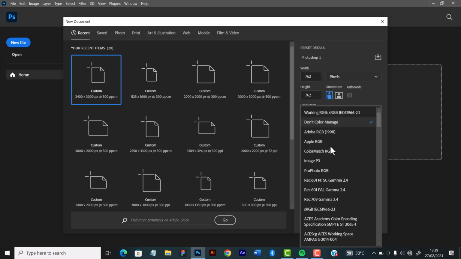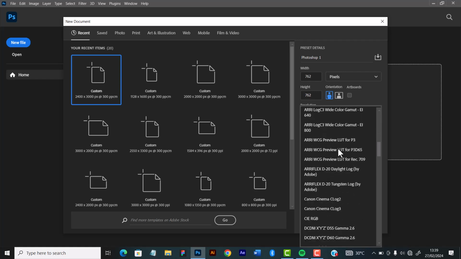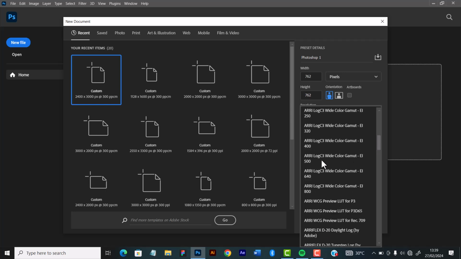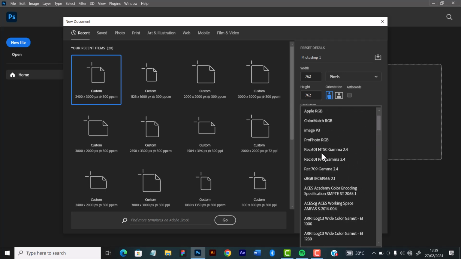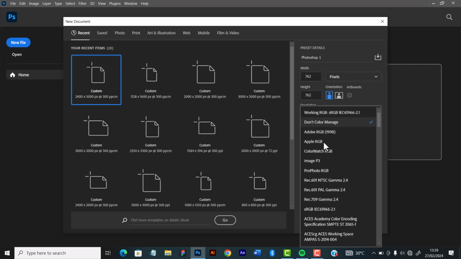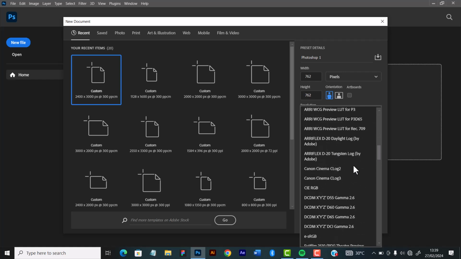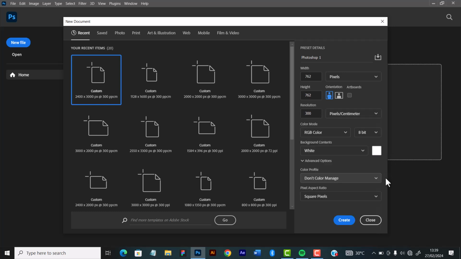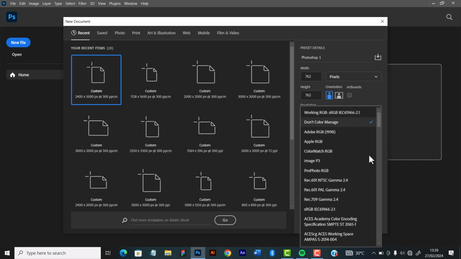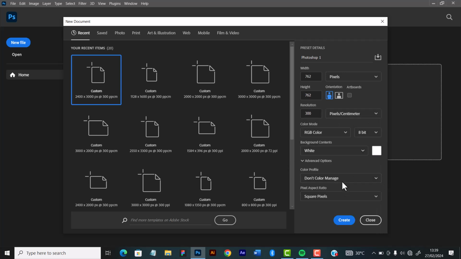Apple RGB, I think this has to do with colors regarding different mobile devices. This is something we have to just research on. You can research on this on your own, but I don't think you'll be needing this for now. It's not a big deal. It's not something that you need to stress about. So once you are making your design, just go with defaults in advanced options. So I think that's basically that